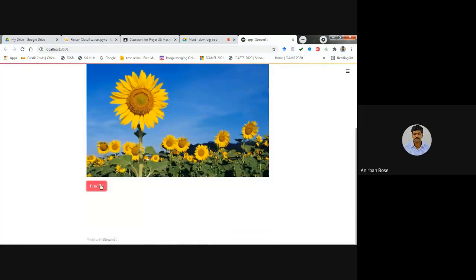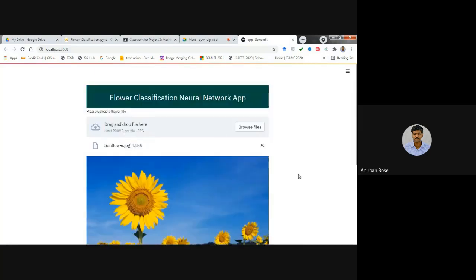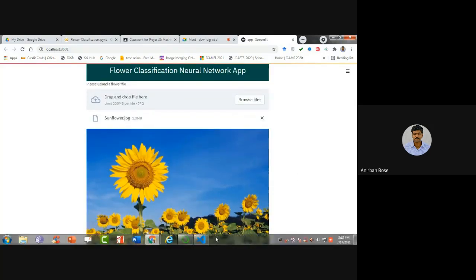If we click on predict, you see that with 75.57% confidence it is a sunflower. So this is the app that we have created in Streamlit.